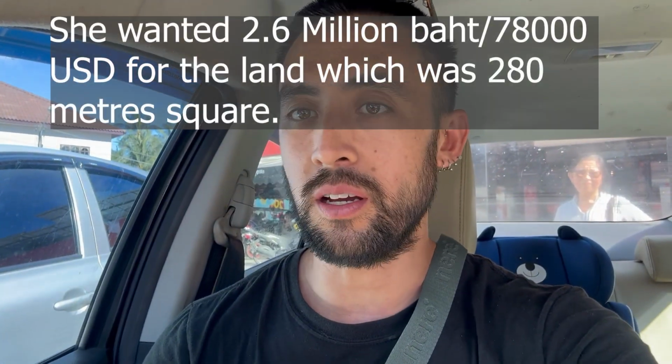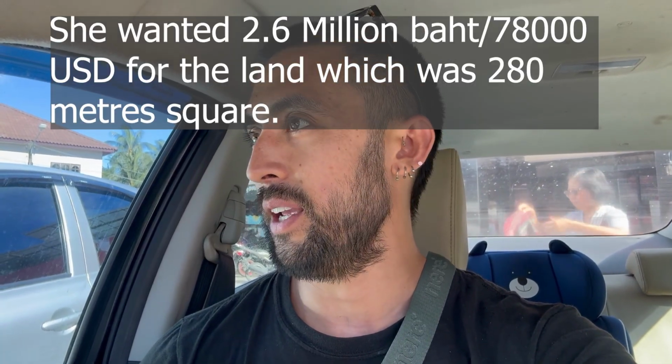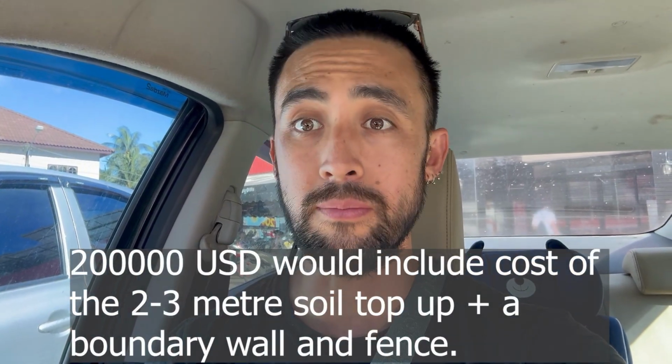Now we're pretty much done looking at the land for today. So she was pretty hard on the sale there. So really just to summarize, the location was great. It was picturesque. It was lovely, really close to the downtown, but just the cost alone of building up the soil, just by gauging the two neighbors, the doctors on one side and the current existing house on the other, the building up of the soil alone, I reckon would have had to have been about 2 meters. So we would have been looking at maybe close to 200,000 US dollars, maybe even more, to